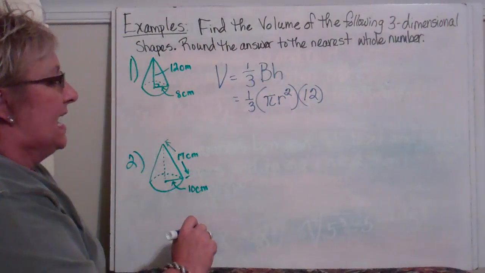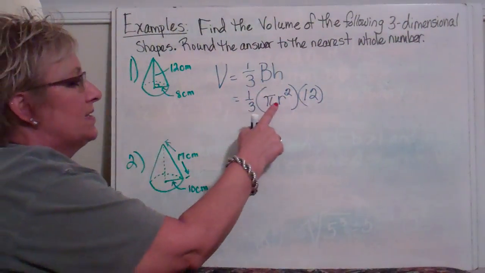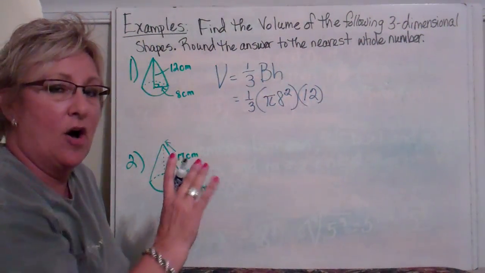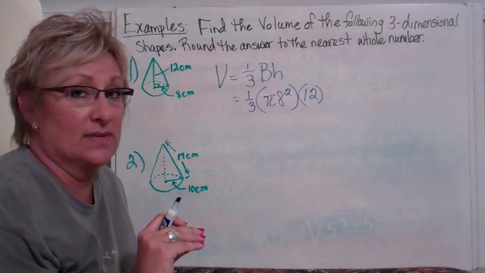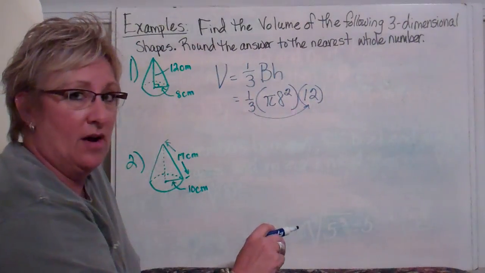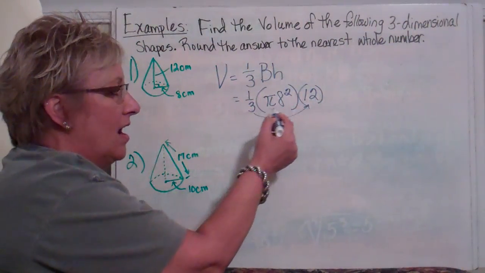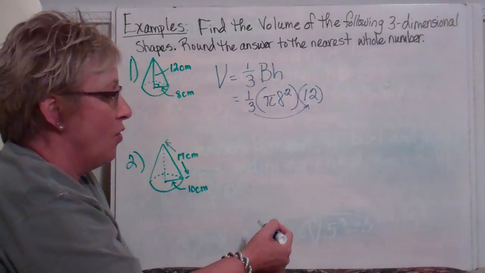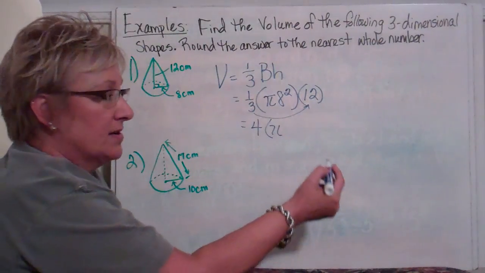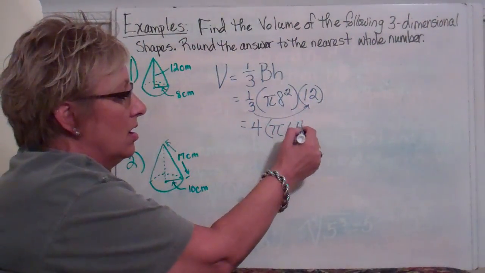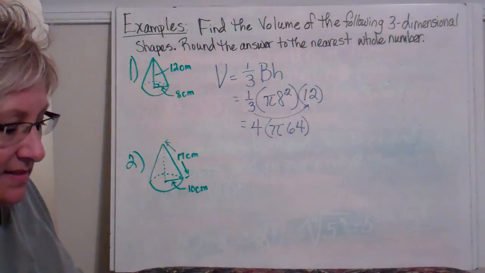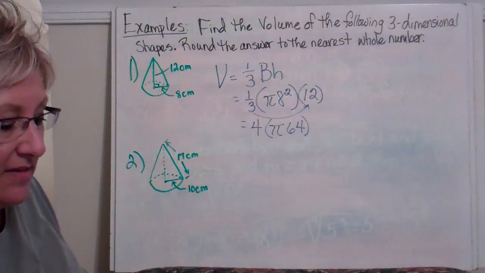Okay? Now, in this case, I know that my radius is going to be 8, so let's go ahead and just put an 8 in here because 8 has to be squared. Now, I like to always keep numbers as low as I can. So I'm going to look at this and say, what is 1/3 of 12? 1 times 12 is 12, divided by 3 is going to give me 4. So this is going to be 4 pi. 8 squared is going to be 64. And I know that 4 times pi times 64, I've already done these on another piece of paper, is going to give me